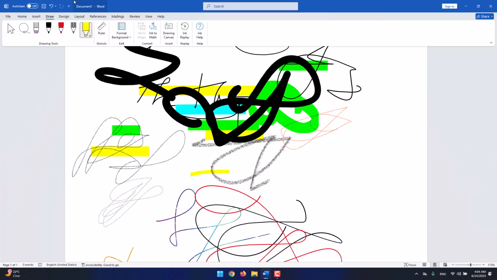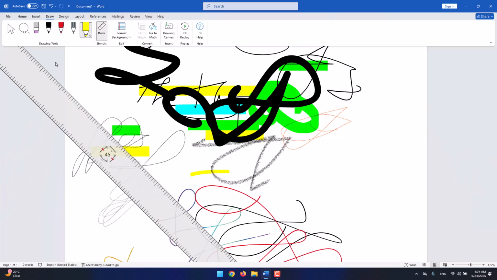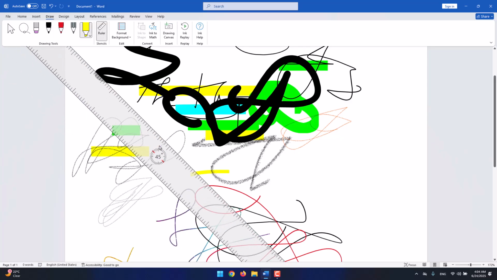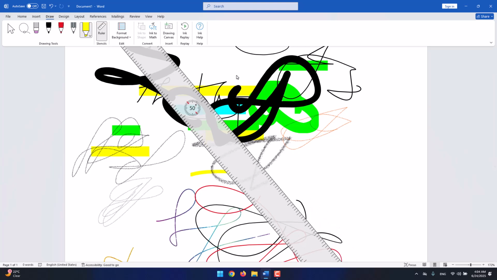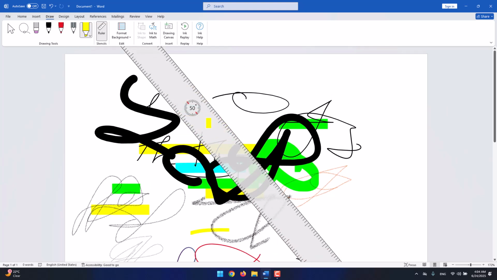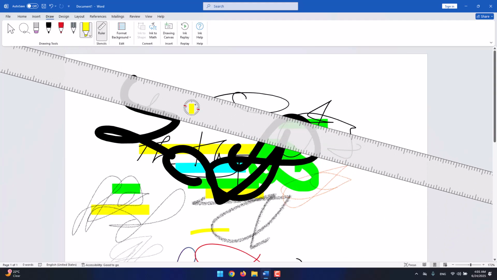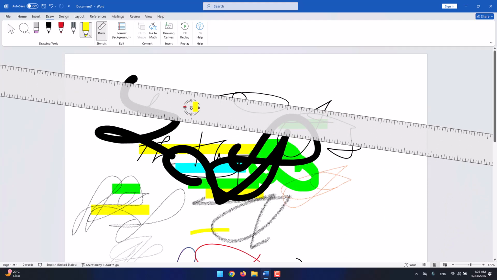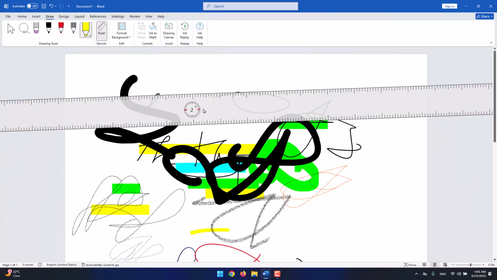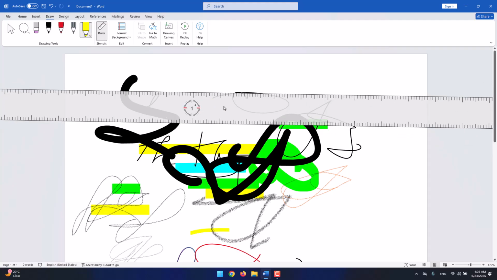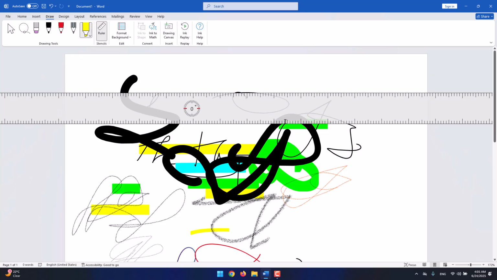So we also have a ruler over here in the Draw tab that we're in, which is actually used for making some kind of calculations and that kind of stuff. So here, as you see, if I use the scroll wheel on my mouse, you'll see that I can turn this ruler, and it shows me the degree. So this is a 0 degree line, for example, and then I'll be able to use this ruler